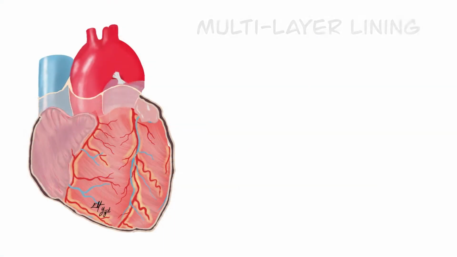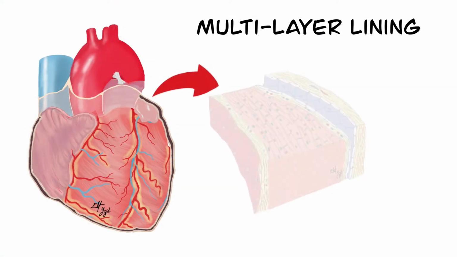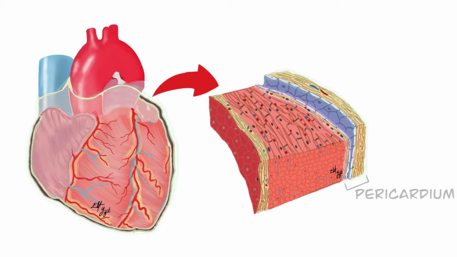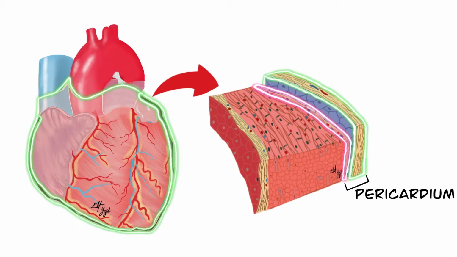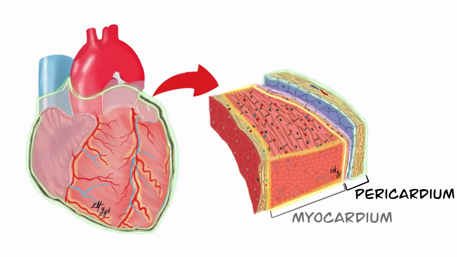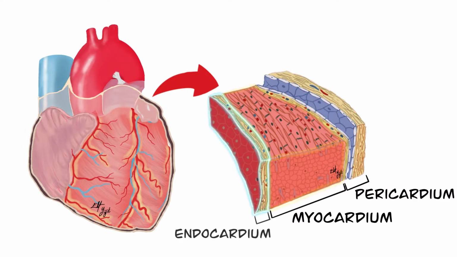The heart has multi-layer lining. It has three layers from outside to inside: pericardium, or if we talk about attached to outer layer, we have to say epicardium layer of pericardium, myocardium and endocardium. In order to better understand layers of the heart, it is necessary to learn how the heart transforms from